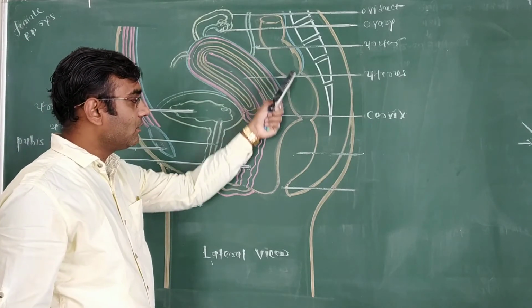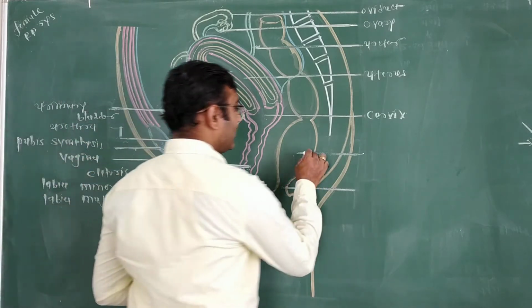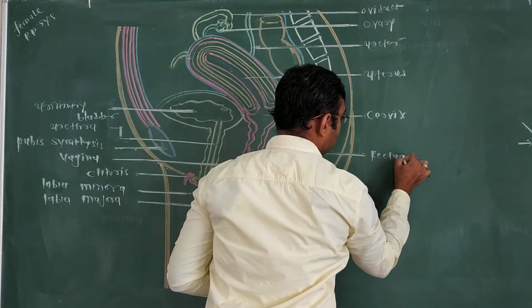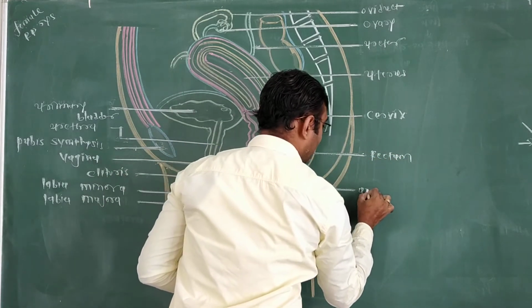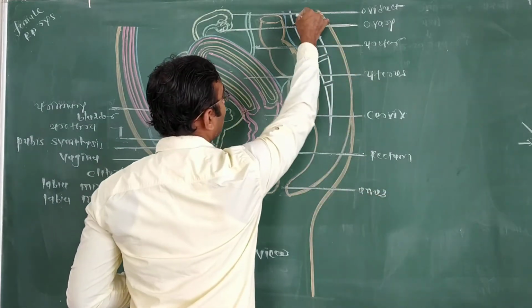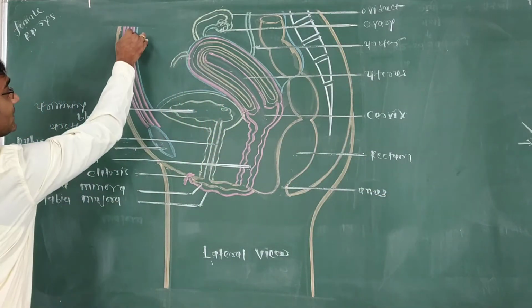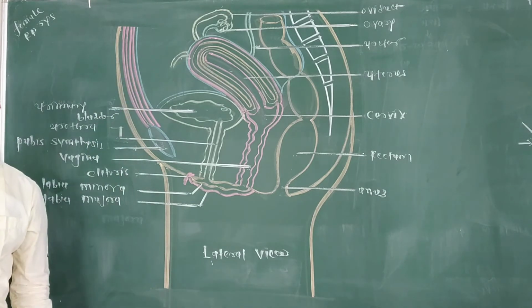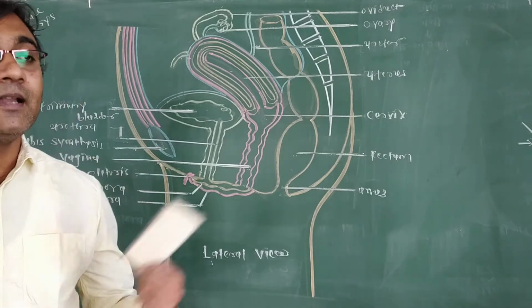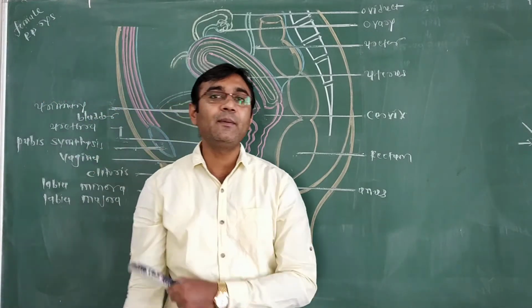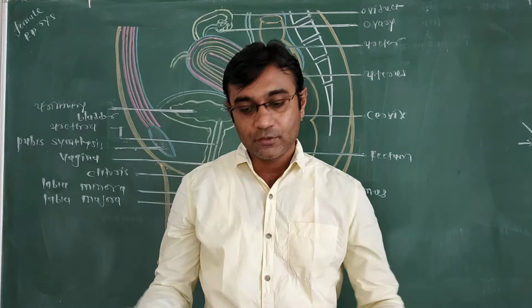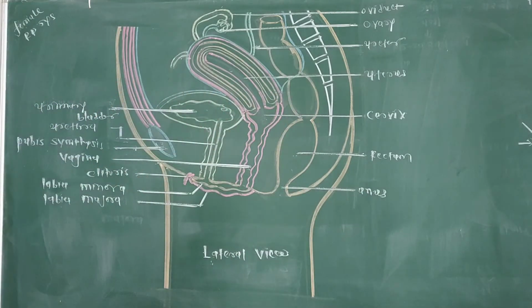Now the posterior part of the alimentary canal can also be seen here. This is the large intestine and this is the rectum. The rectum opens outside through the anus. This is the vertebral column, and this is the muscle of the abdominal region. So we completed the lateral view of the female reproductive system. Now every mammalian female has a characteristic functional mammary gland, so we are going to learn the structure and function of the mammary gland.